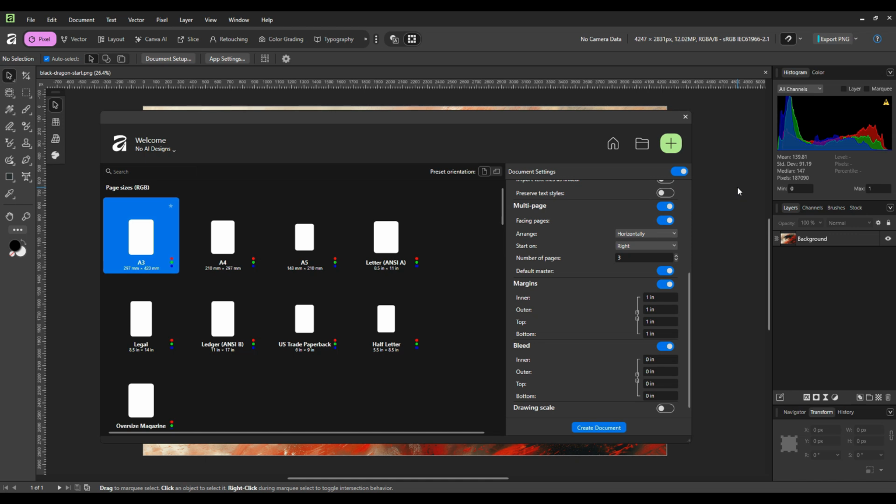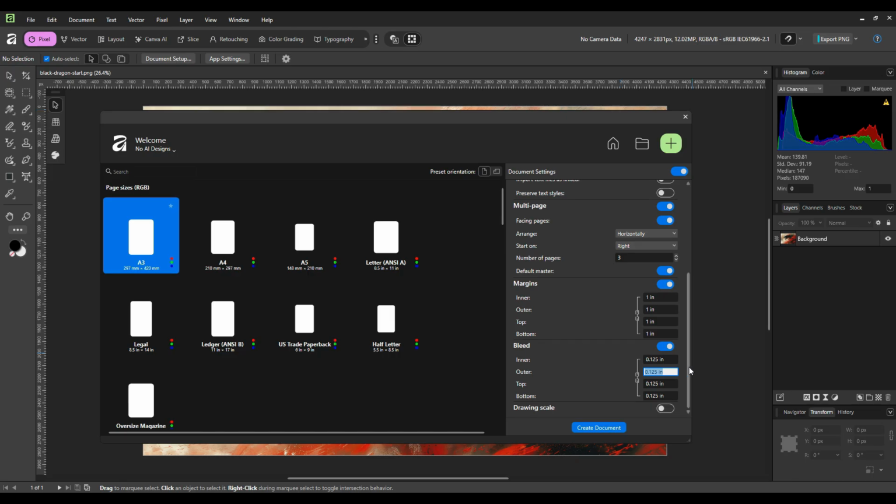In this particular case, for example purposes, I'll create a 1/8 inch page bleed. So for example, if I were to go to inner and just type here 1/8, and then as soon as I click on outer, it will do the conversion. And since I have the chain link on, it would apply that measurement to all. So that gives me a 1/8 inch on all sides of all of the pages.